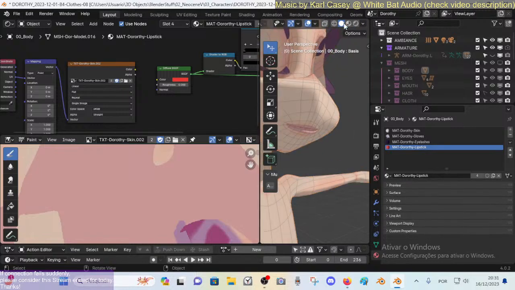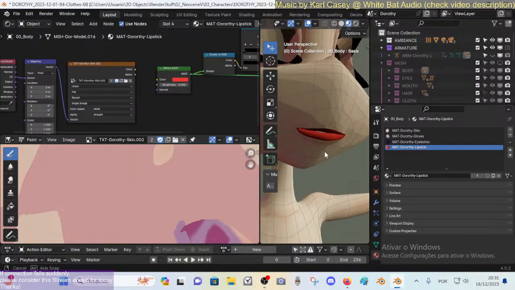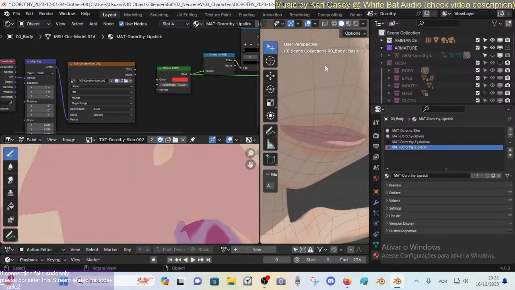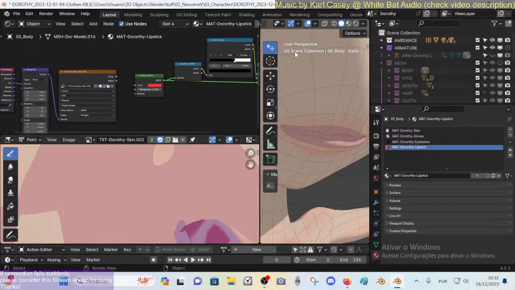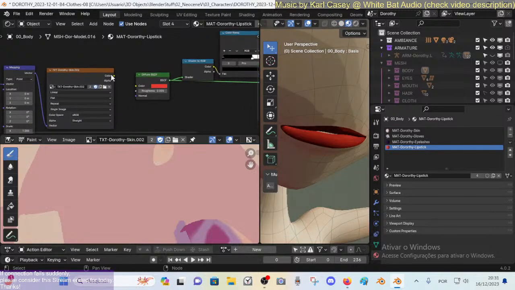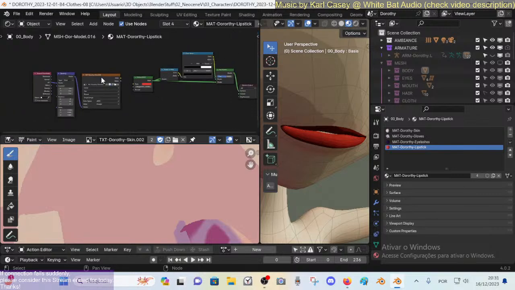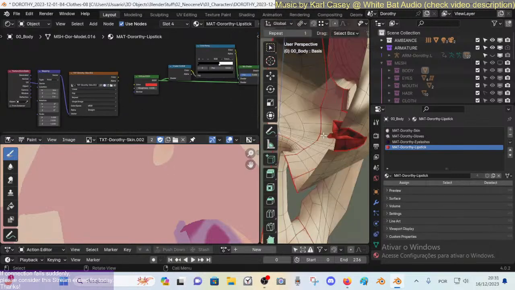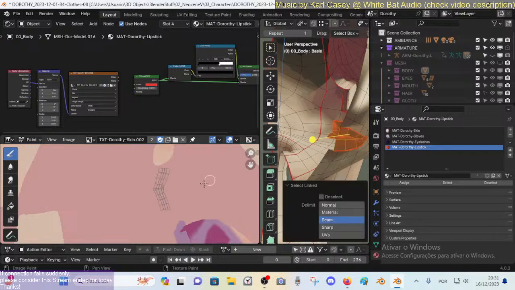Oh, of course, materials here. Alright, so if I take these UVs here, and let's say